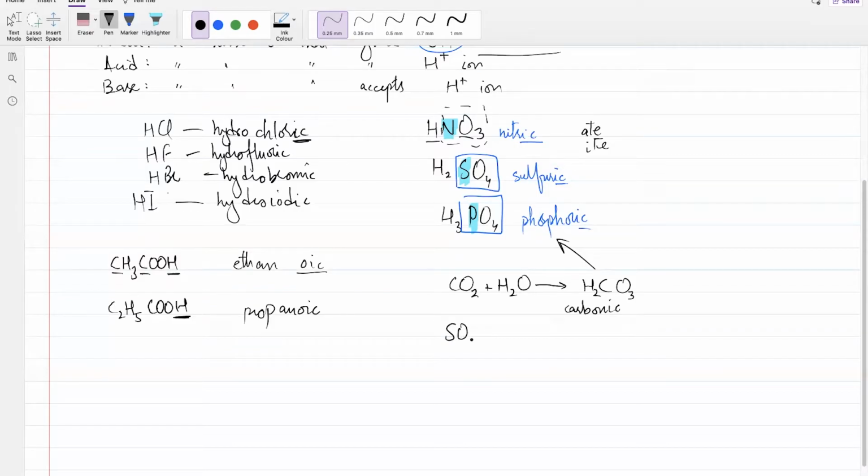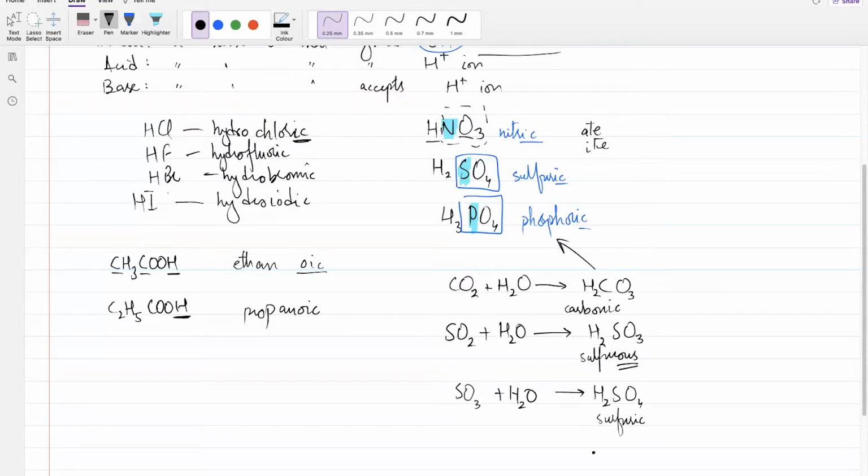For example, if I had sulfur dioxide and put it in water, now sulfur dioxide doesn't have any hydrogen to give away, but the moment I put it in water, it takes two hydrogens and makes this thing. And this is called sulfurous acid. That OUS part is there, but forget it. Why exactly it is there, we won't get into that. Similarly, if I have SO3 gas and I put it in water, I just add everything up, nothing fancy here. So this is sulfuric.